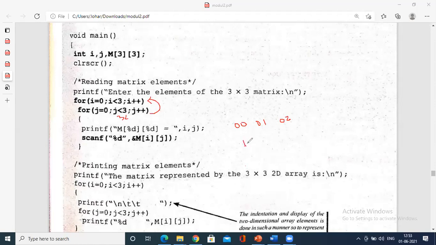So 1 0 inserted, 1 1 inserted, 1 2 inserted. After coming out of the loop, again it enters with j equals to 1. Now it has entered. See, this is the way how it works. Again, once j is no longer less than 3, it comes out of the for loop.